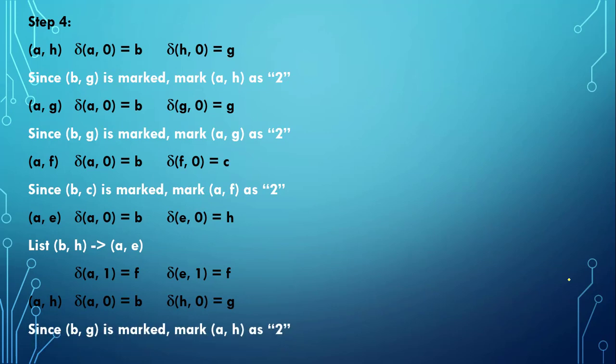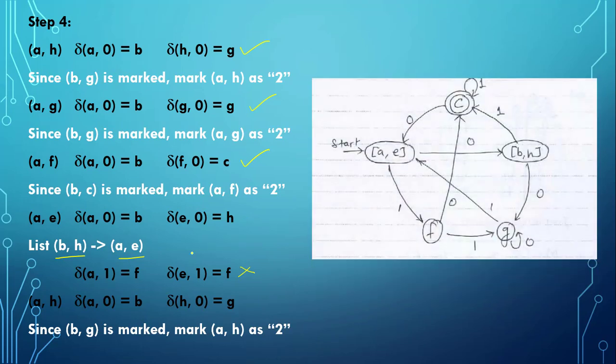So here we will just simply go through it, that wherever there is a chance we will mark it as 2. If it is not possible we will just list it as B, H, list A, E. That means whenever B, H gets marked we will mark A, come back and mark A, E with 2. But since this was only with respect to 0, we will check it with another input symbol. So here there is no decision taken, whereas in the rest of the steps the decision was taken and the states were marked as 2. Here it is listing. So this is our final transition diagram where A and E will get merged, B and H will get merged. So I'll just simply draw the box here for your reference.